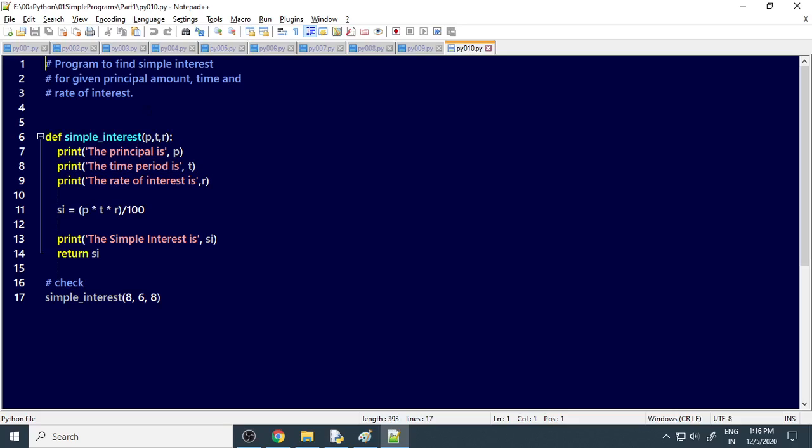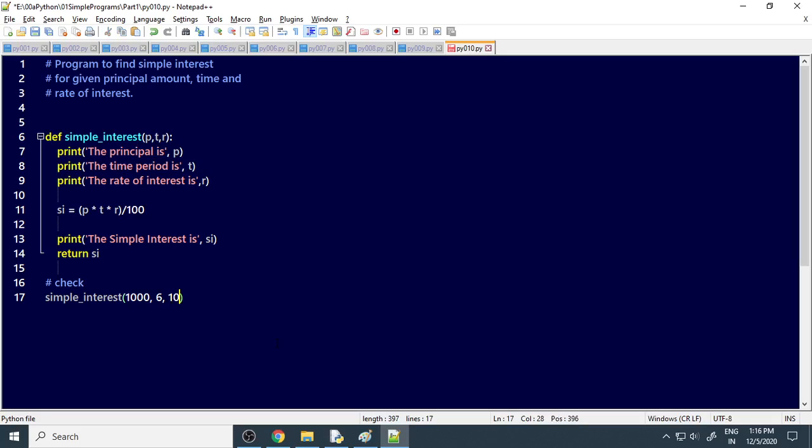Here is a program to find the simple interest. So we take the simple interest. By default, these are the values being passed. Right. So P is let's say 1000, and the period is 6 years. Interest at 8%.